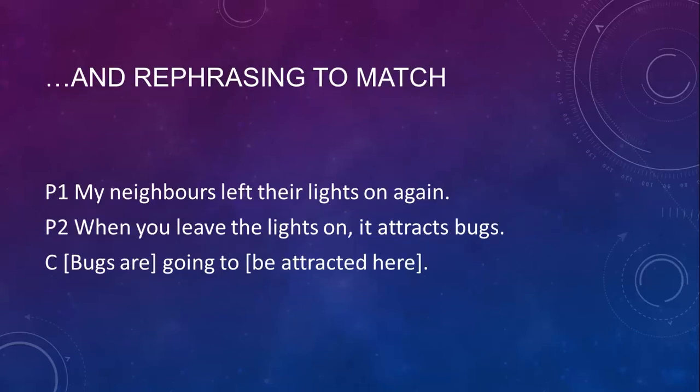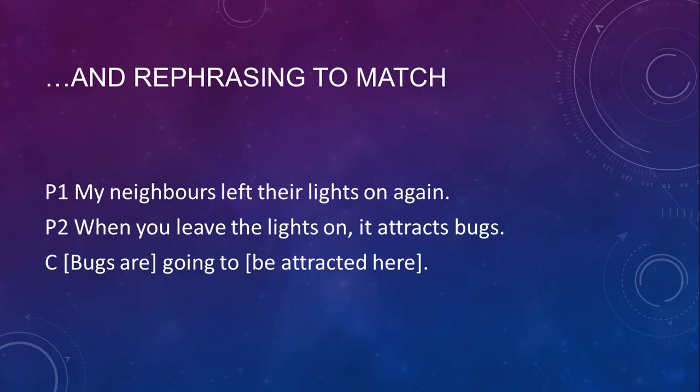When you're phrasing your premises, just clean up the sentence a little. You take away the ands and the therefores and the differences in phrasing. So: my neighbors left their lights on again. When you leave the lights on, it attracts bugs. And then the conclusion, instead of saying they are going to come from far and wide, I take it that come from far and wide is close enough to will be attracted that you can just say these are equivalent. Now you have a clear version of an argument that you can recognize the form of. Instead of having different ways of phrasing the same thing, you've got the same thing in something like: